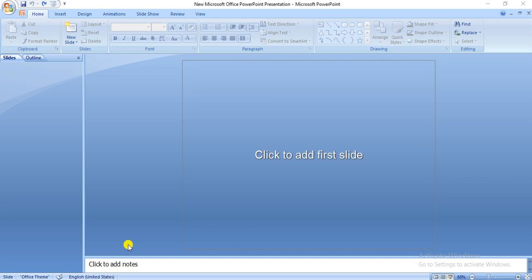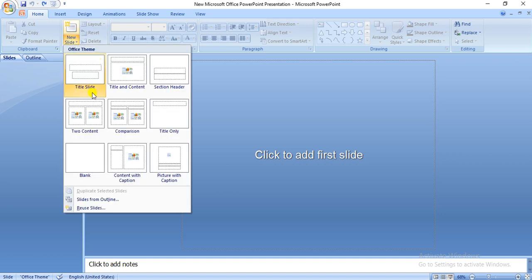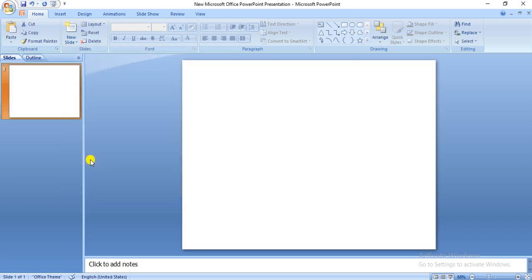Hello students, today we are going to learn the simple art of animation using the PowerPoint presentation. So today we are going to learn an animation of underwater. So for that, first you have to insert a blank slide from the new slide button that is present in the slides group. So I'll click on this blank slide and it will get inserted into my presentation.